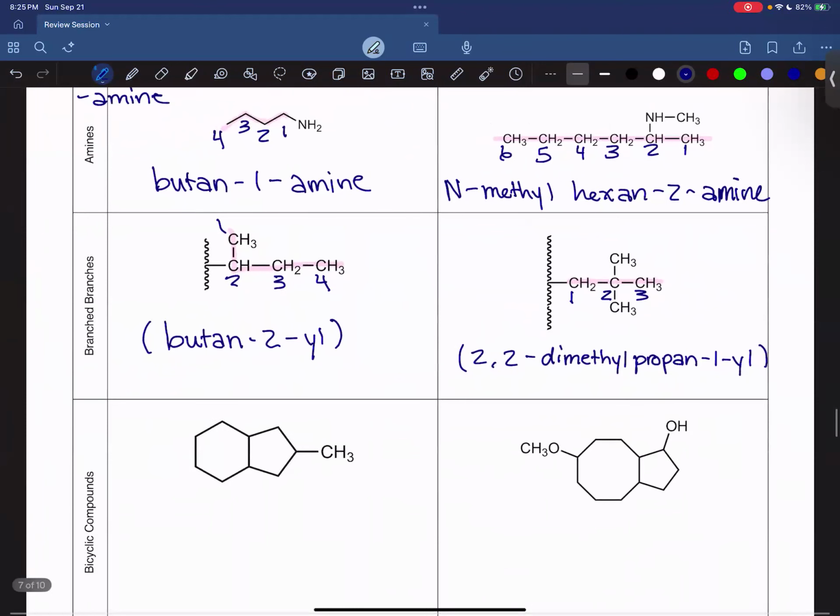Does that make sense? Yeah, what's up? Could it also be like tert-butyl? So technically yes, but you're not going to want to put that on a test, and you don't really need to know it in general just because we really focus on IUPAC naming, and that's a common name. But